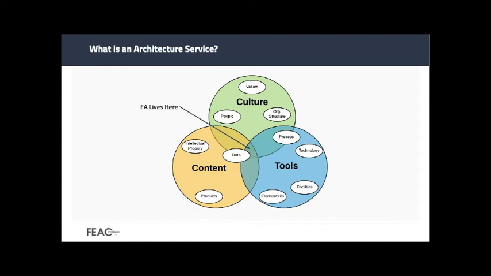The value of architecture is helping to reduce uncertainty in decision-making, helping to reduce ambiguity, manage complexity, and provide decision insight around risk and resource allocation factors. This is done by understanding enterprise-wide structure and behavior of its culture, content, and tools. However, the practice of architecture by itself does not deliver value to the enterprise stakeholders. Value is delivered through service delivery. Architecture services are then organized as plays.